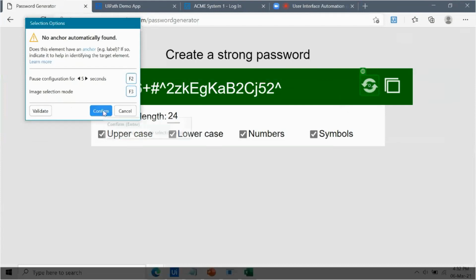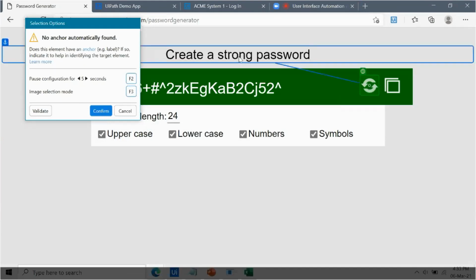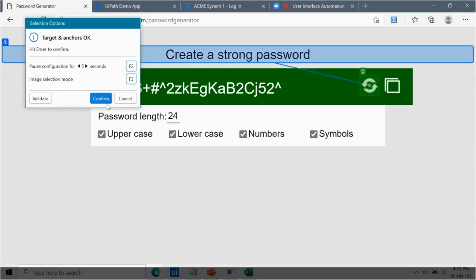So you can skip this part. Otherwise, if you think that there are some other labels like create a strong password, this could be a static label for us as an anchor, right? So you choose over here and then click on confirm. So you can validate as well. It just gives a confirmation, and now you click on confirm.